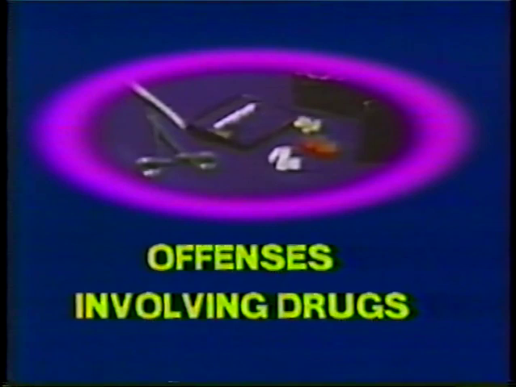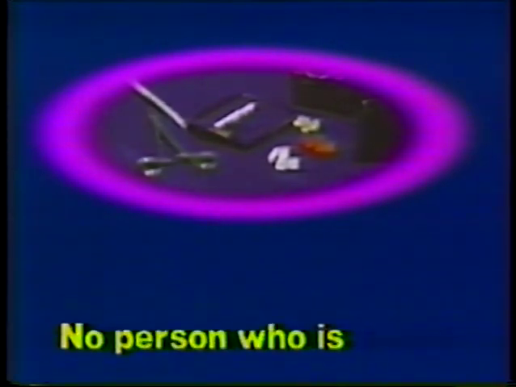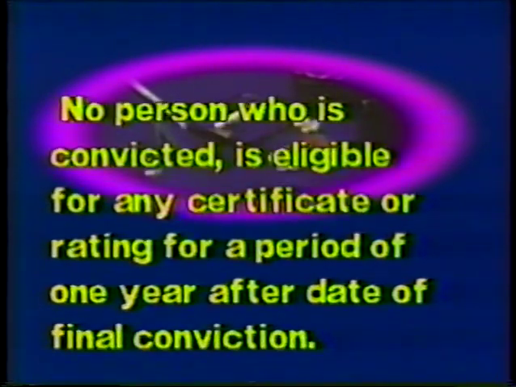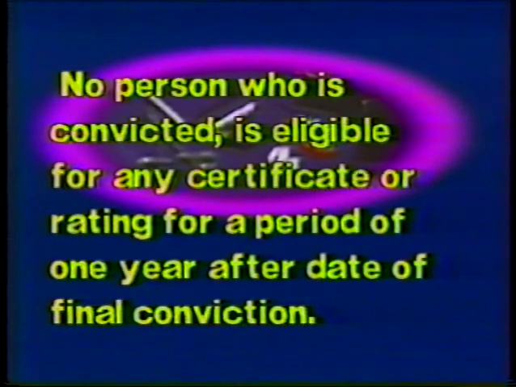Part 61.15 deals with offenses involving narcotic drugs, marijuana, depressants, or stimulant drugs or other substances. No person who is convicted of violating any federal or state statute relating to the growing, processing, manufacture, sale, possession, transportation, or importation of narcotic drugs, marijuana, and depressants or stimulant drugs or substances is eligible for any certificate or rating issued under this part for a period of 1 year after the date